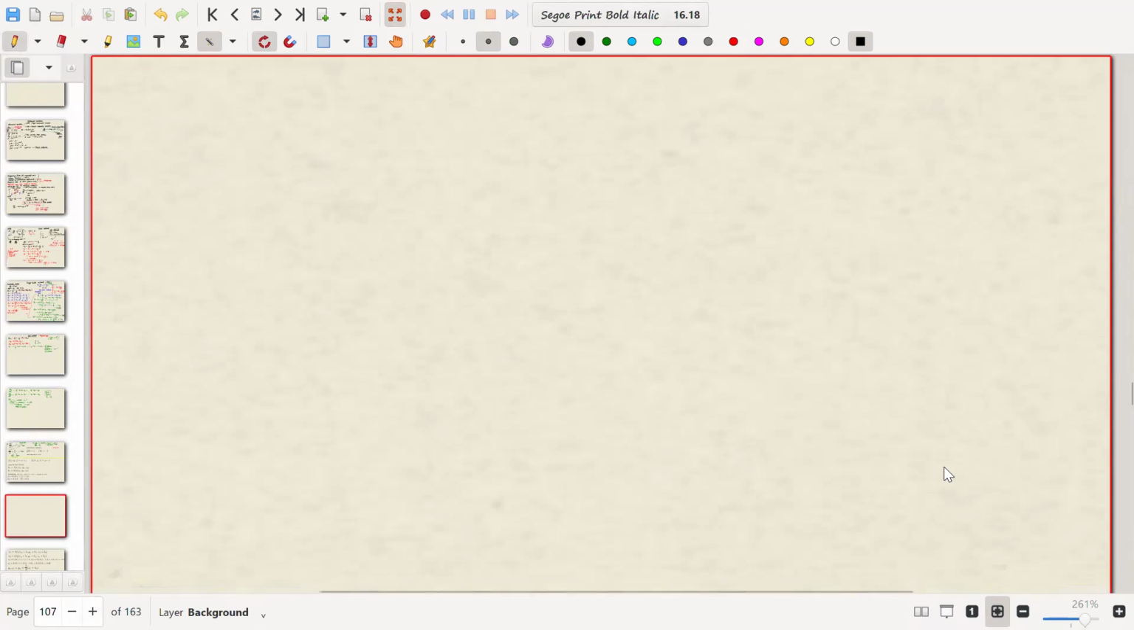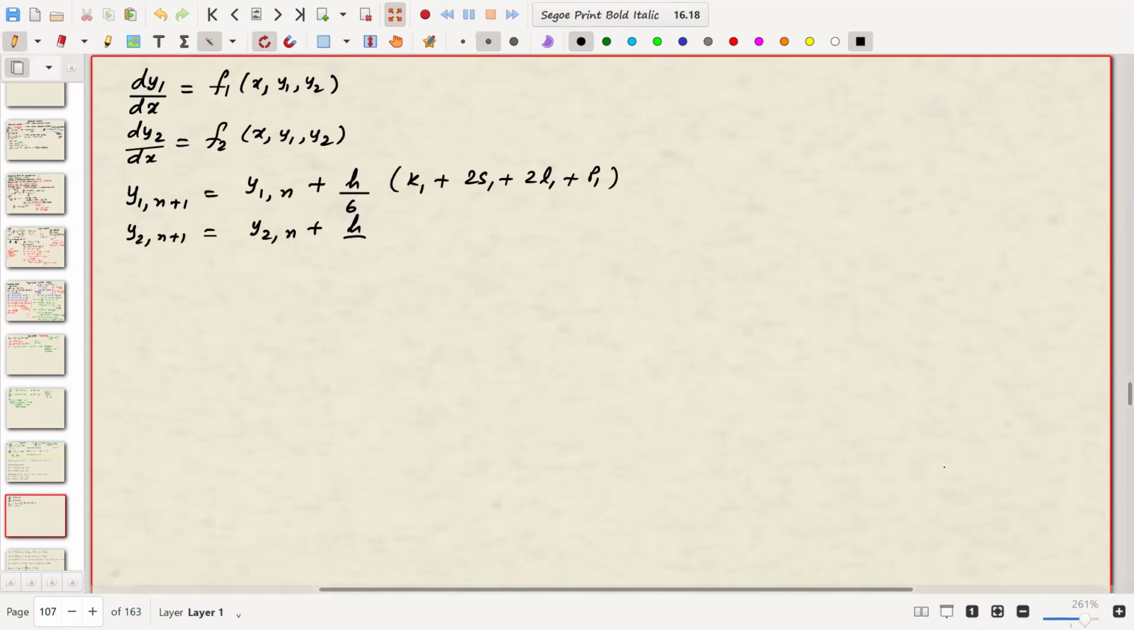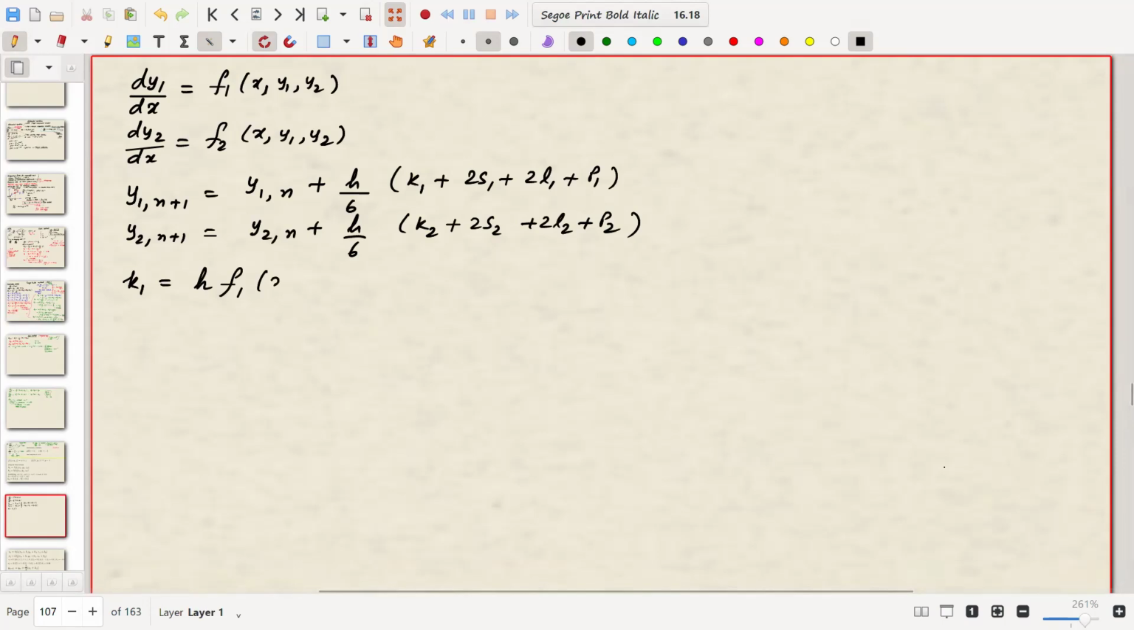You should quickly tell me the values you have written. dy1 by dx equals f1, dy2 by dx equals, yes. So I wrote the solution y1 n plus 1 equals y1 n plus h by 6 times k1 plus 2s1 plus 2l1 plus p1, and y2 n plus 1 equals y2 n plus h by 6 times k2 plus 2s2 plus 2l2 plus p2, where k1 equals h f1 of xn, y1n, y2n. k2 equals h times f2 of, similar to RK4. And then s1 equals